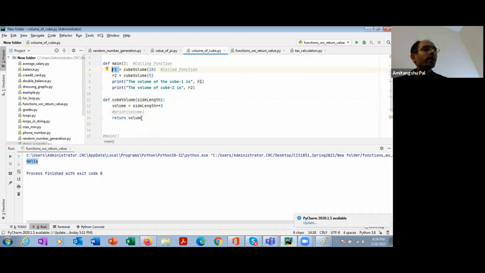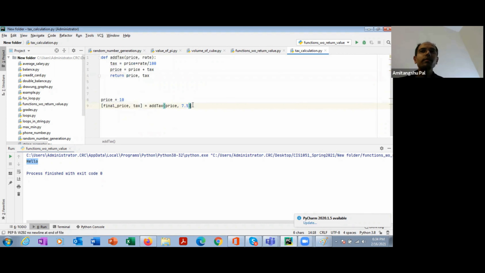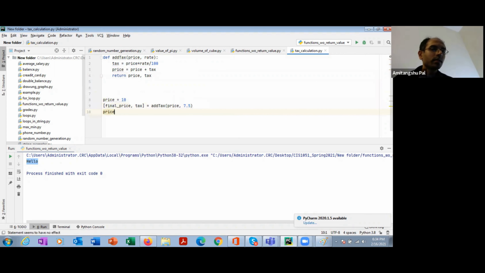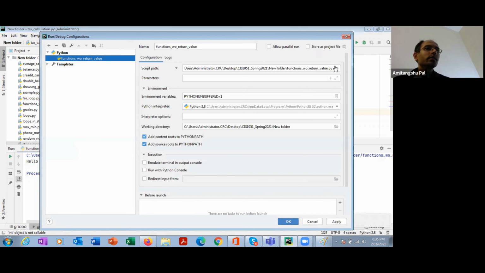If it is returning multiple values, then you need to put them inside square brackets. And then you can print final price and tax. Okay, so final price equal to this. So I need to edit the configuration.